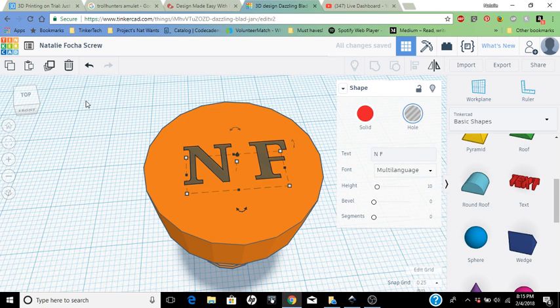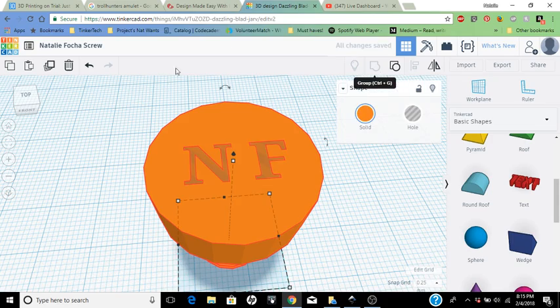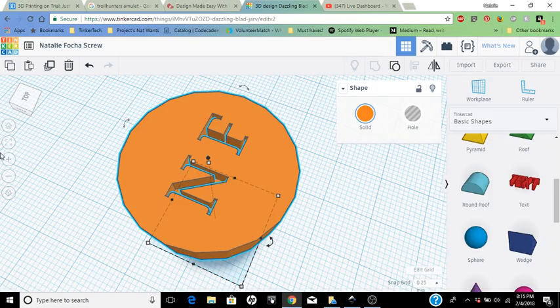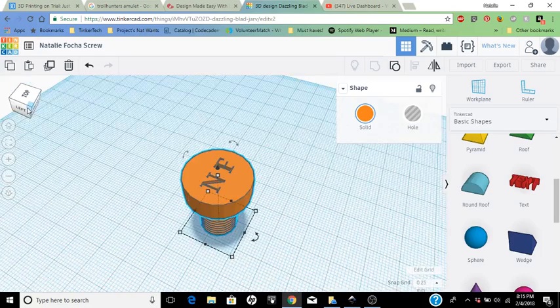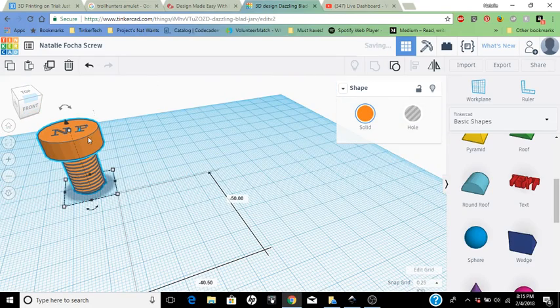Left click, hold, drag, select all shapes, Control G, or a grouping button right here. That will group and etch your name into your screw. Or etch your initials into your screw. Great. Okay, now that we finished the screw, you can move it over, because now I'm going to do the